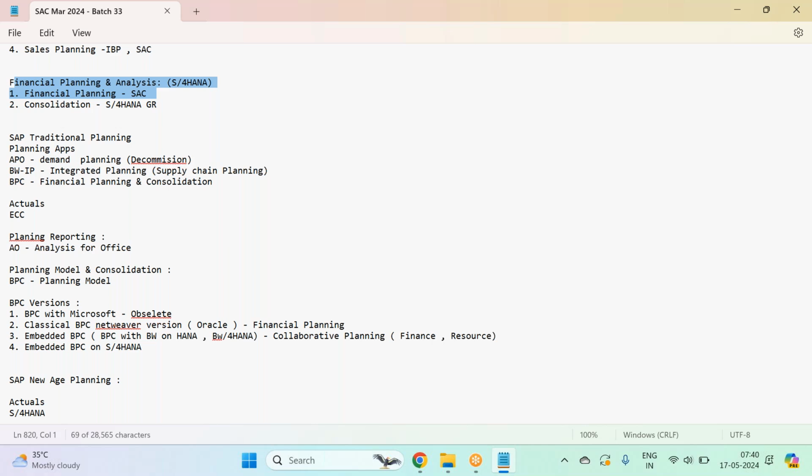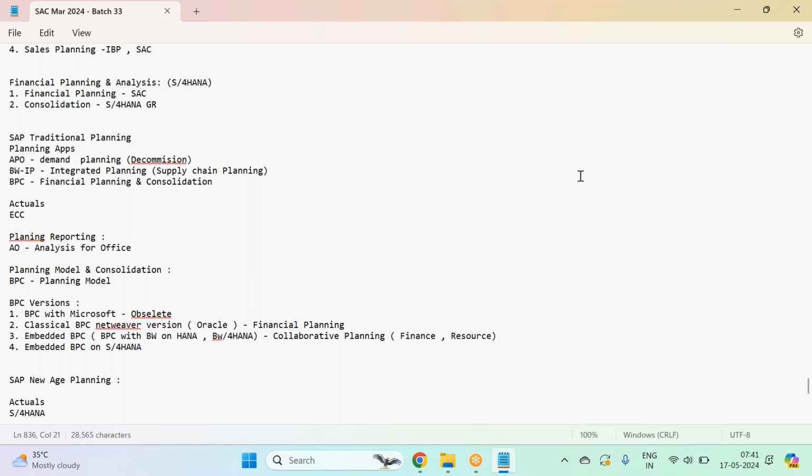Suppose, guys, we built a model where the forecast for a particular product is set as 1 million. The planner thinks the product is going through some rough phase in different regions, and we cannot achieve a sales target of 1 million on the product. They revised it to around 800K. So what happens? The revision happens in the reporting.